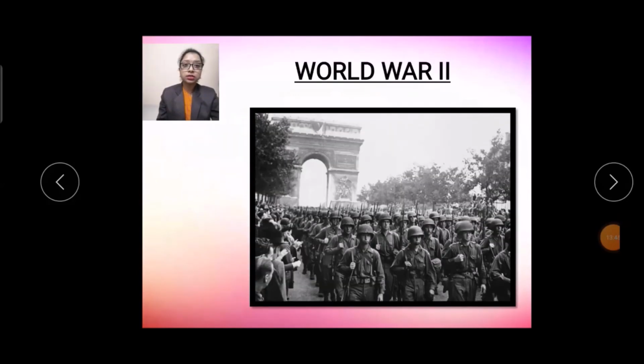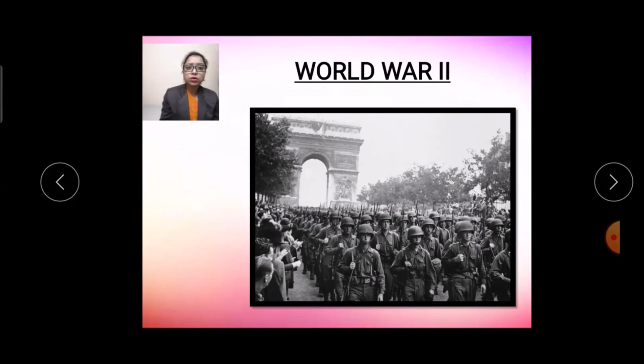And in 1939, World War II broke out. The British declared war on India's behalf without talking to the Indian leaders. So the British, without talking to the Indian leaders, declared war on India's behalf. In protest of this, the Congress ministries in the areas or regions resigned. And the Congress declared that India would not join the war until the British granted complete independence. For this, they held talks with the British, but the talks failed.